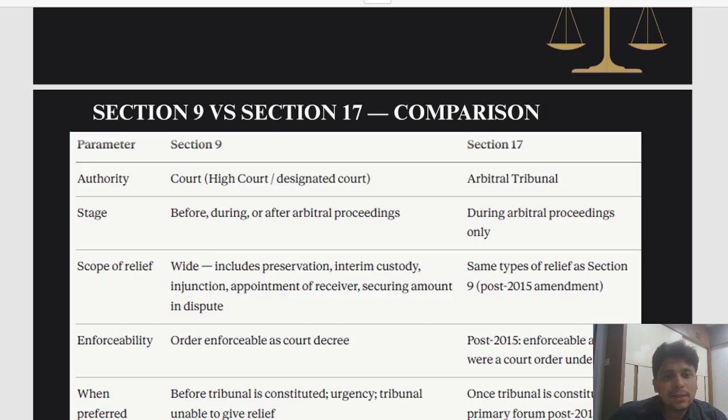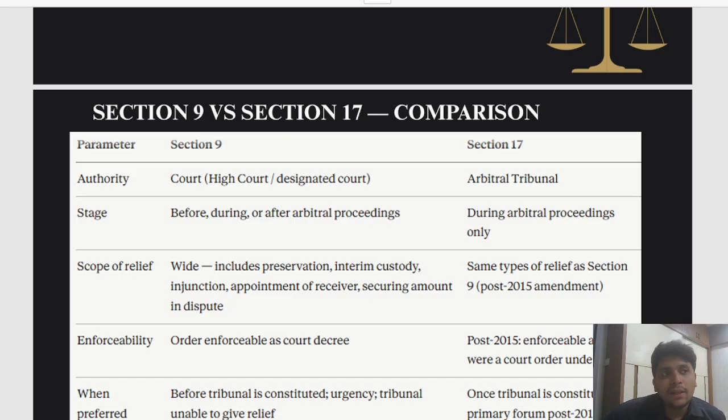Now, let us discuss section 9 versus section 17, an important comparison. So, first, let us get a clear idea. Section 9 is filed before the courts, that is the judicial authority. Section 17 is before the arbitral tribunal. Now, this is very logical, that section 17 can only be filed before the tribunal once the arbitral tribunal is appointed. Okay. In case the arbitral tribunal is not appointed, then parties will have a right to approach